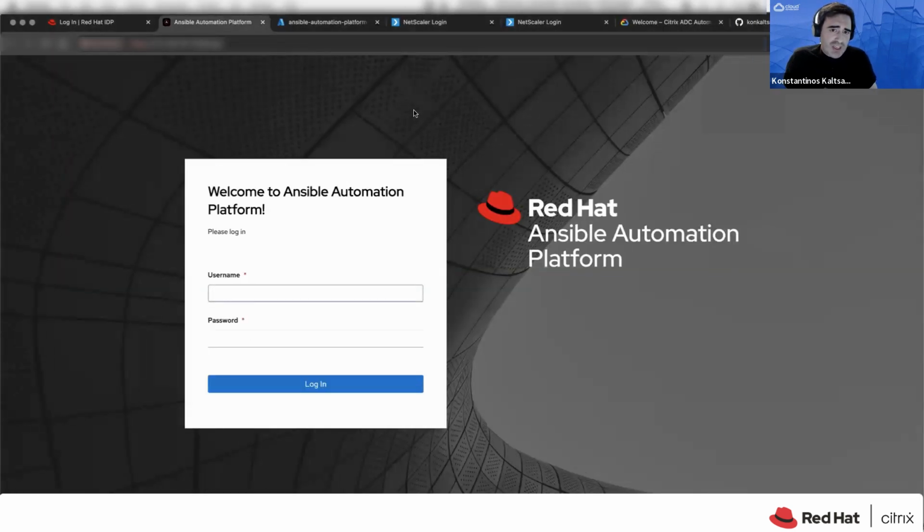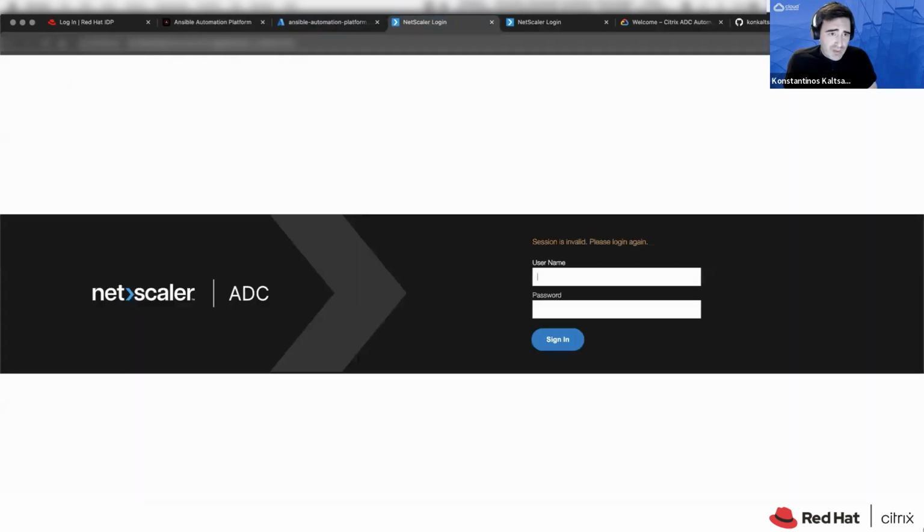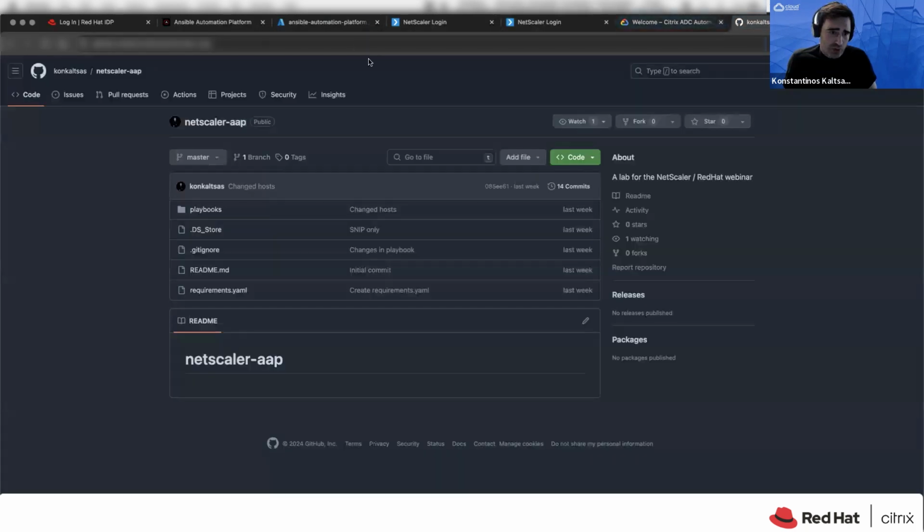So let me explain a little more how my infrastructure looks. You can see here that I have deployed Ansible automation platform. I have deployed also this NetScaler, which has been deployed on GCP, and this NetScaler that has been deployed on Azure. In addition to that, I have also my repository that I'm going to use, which contains the playbook itself.